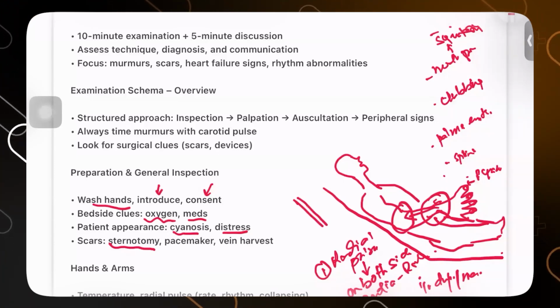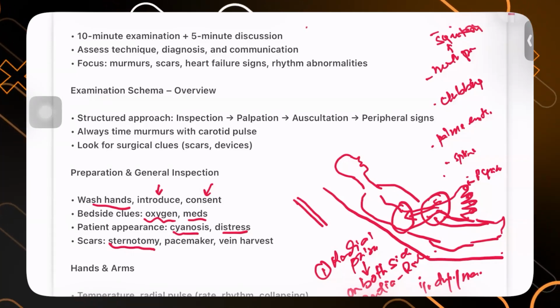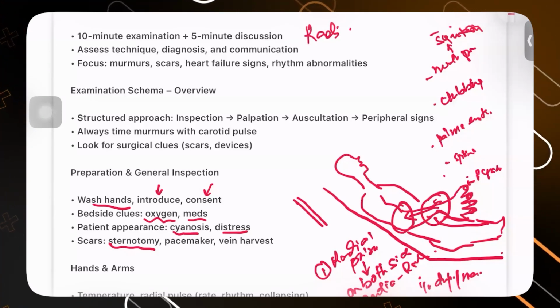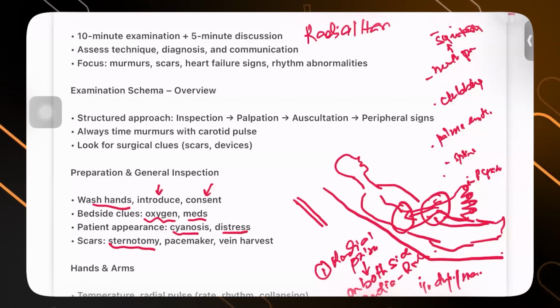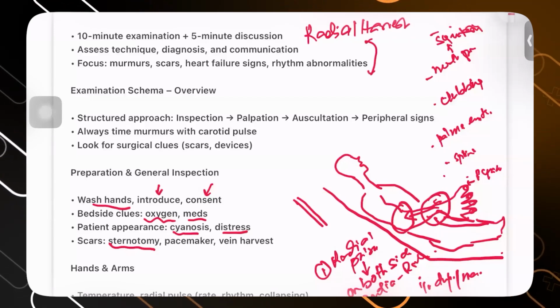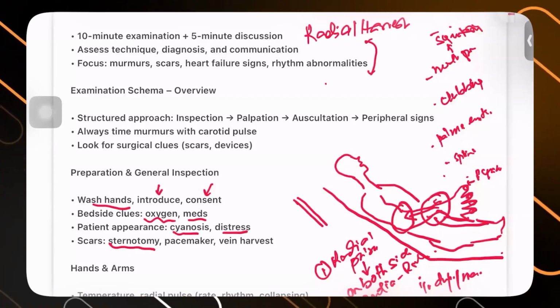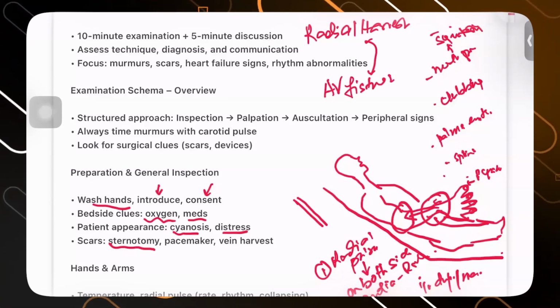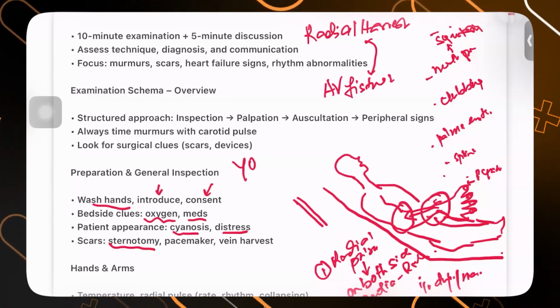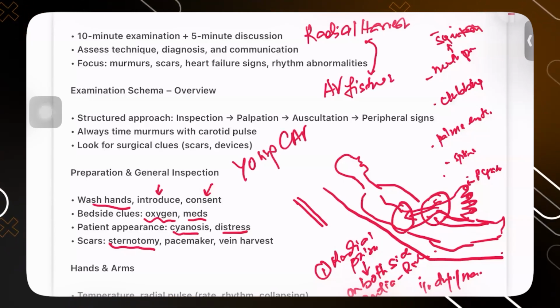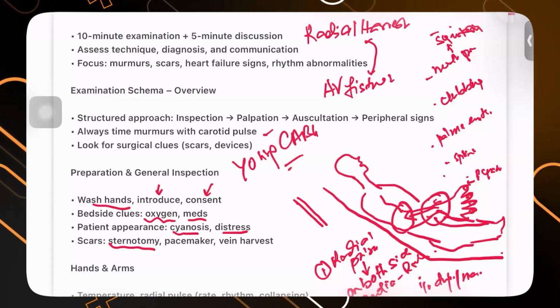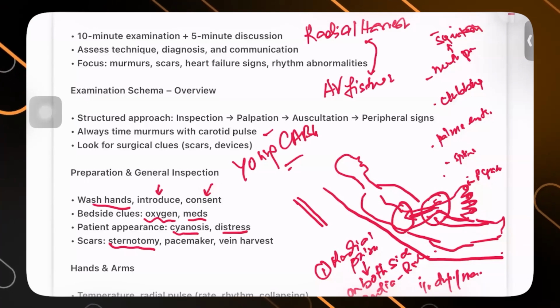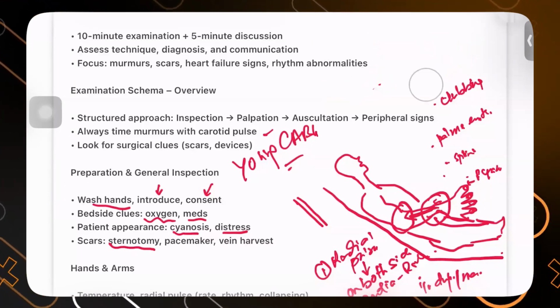What is a radial harvest? Anyone? What is a radial harvest? For dialysis, they use an AV fistula formation. That is not a radial harvest. Radial harvest is seen in patients who are taken up for CABG, young CABG patients. What happens is they take a radial artery to be put on, because if you have any idea about